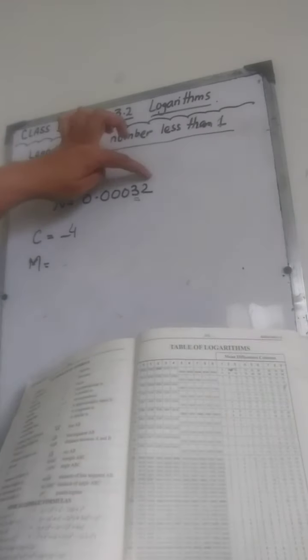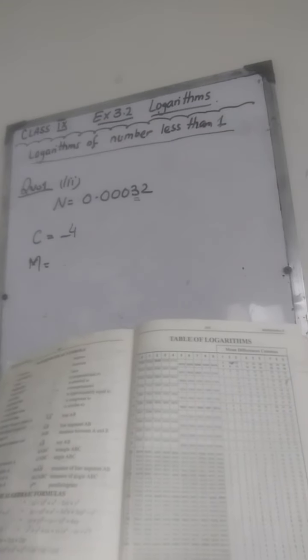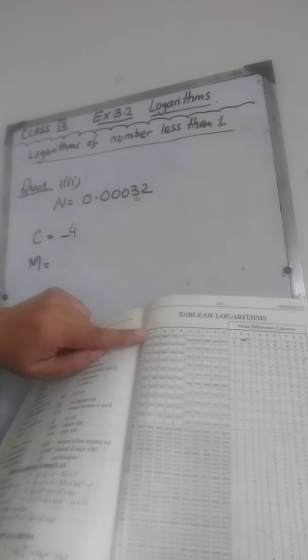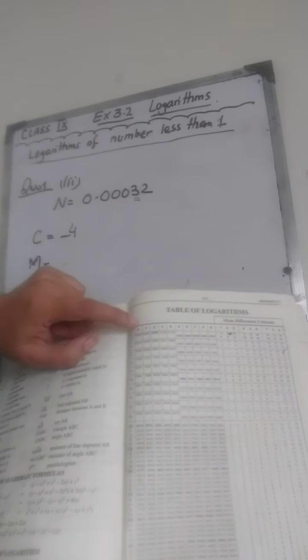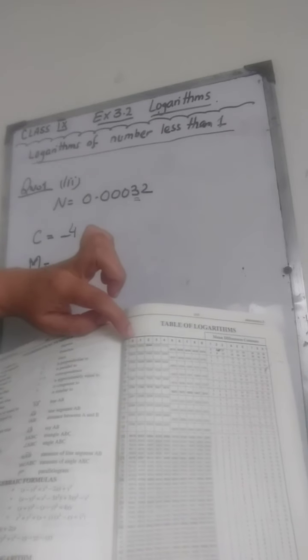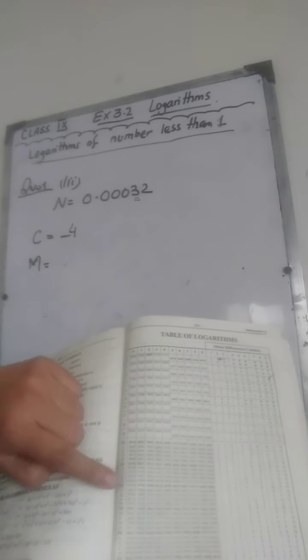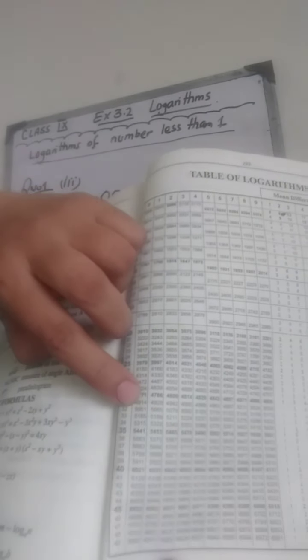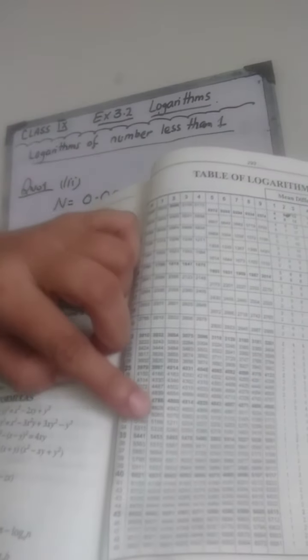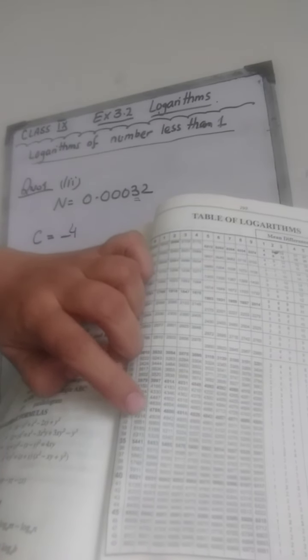Now as we don't have any third digit, you are going to look in the zero column. If you don't have any third digit written over here, it means you will make use of the zero column. So you are going to go down till you find the row in which 32 lies. If you can see, this is 32, and this is the zero column. So the mantissa, from the table, the value will be 5051.